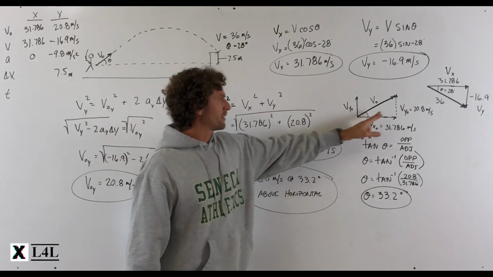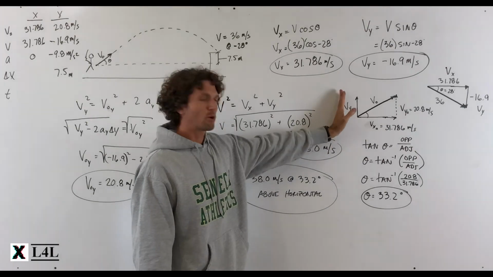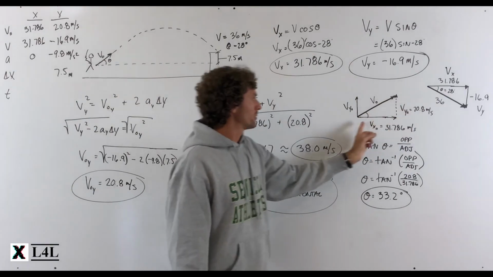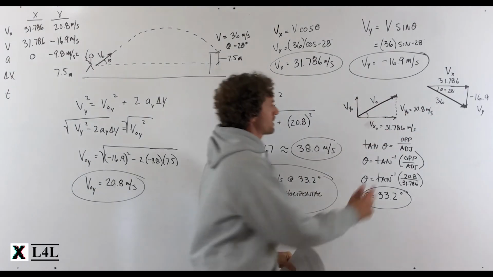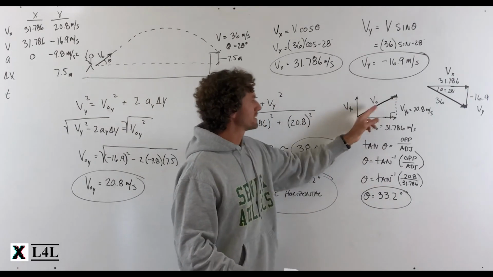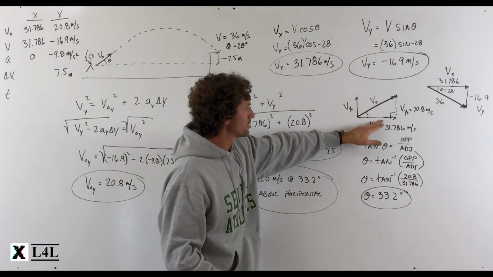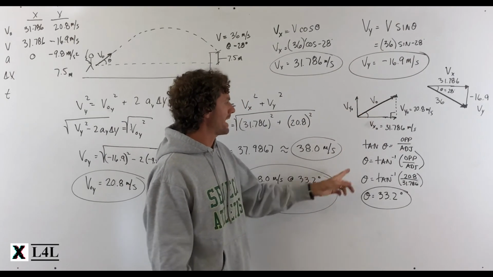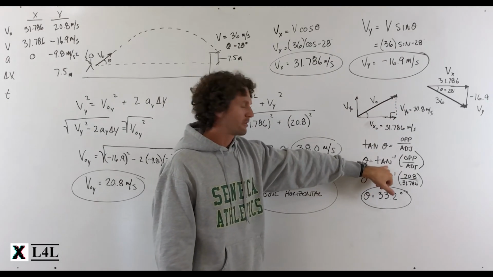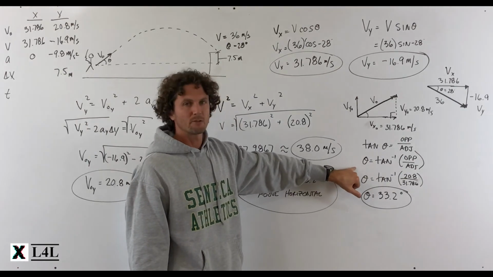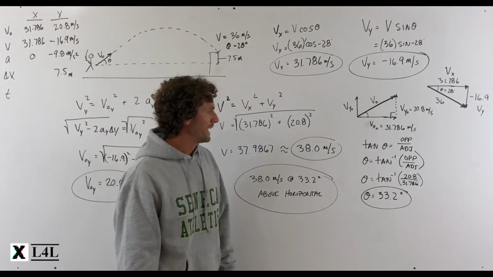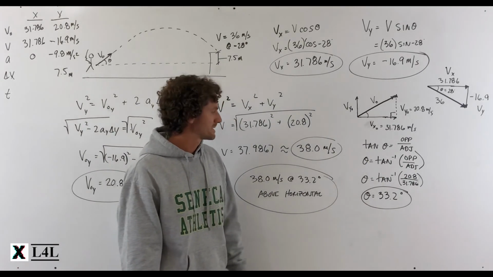Okay, just drawing our vector diagram to point out the relationships. Again, you have a vertical initial velocity component, a horizontal initial velocity component. We can move our vertical over and use the tip to tail method to create our right triangle. And we can see that I could use any one of the trigs, sine, which would be opposite over hypotenuse, or cosine, which would be adjacent over hypotenuse, to solve for that angle, but we're going to use the tangent function, opposite over adjacent. Then we're going to take the inverse tangent of opposite over adjacent to solve for the angle in degrees. So theta is equal to the inverse tangent of 20.8 divided by 31.786,